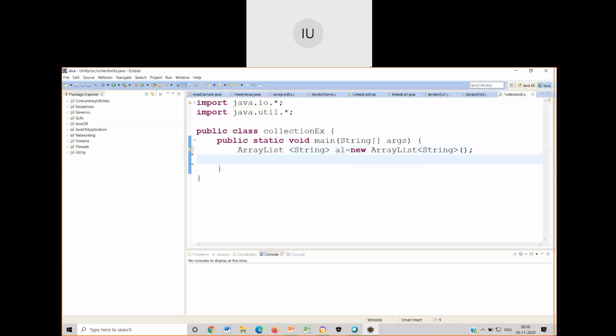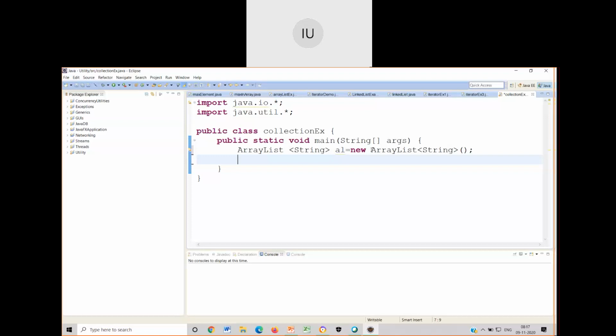Please have a look at the way generic usage along with the collection classes is done. When I talk about collection classes, there are multiple types. Out of that, the first one that I have taken is array list, which comes under the interface list. That interface list supports many more such listing examples which we have seen in the previous class.